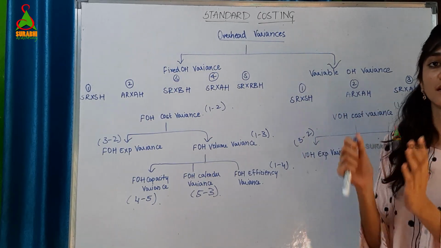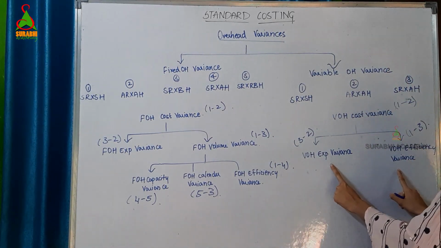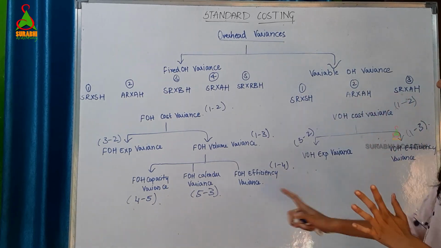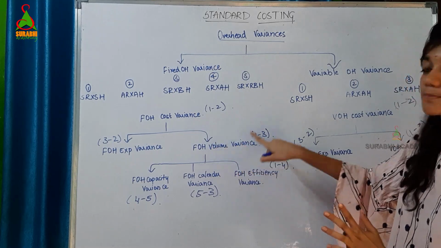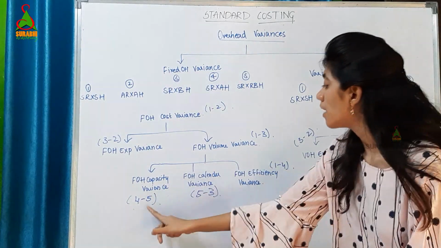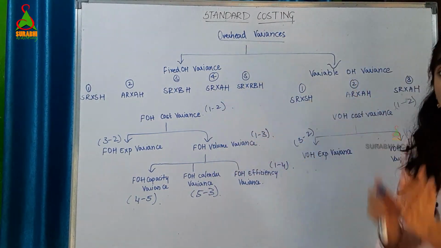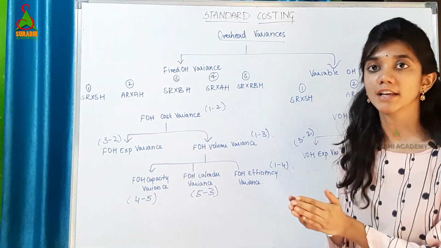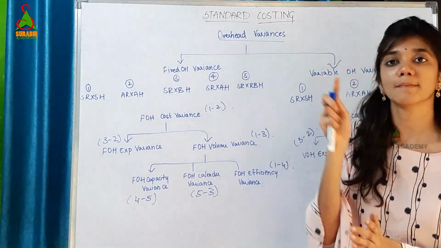Roughly we'll be getting different answers. So you need to check this both should be equal to this one. In that way you have to check the chart. Here 3 of them should be equal to this fixed overhead volume variance, because this volume variance will be divided into 3, right? So if you add these 3 things, you need to get this one. And also remember, favorable means positive. Whenever you are getting negative values, you should write adverse. A you have to mention, or otherwise you can keep it in the brackets.